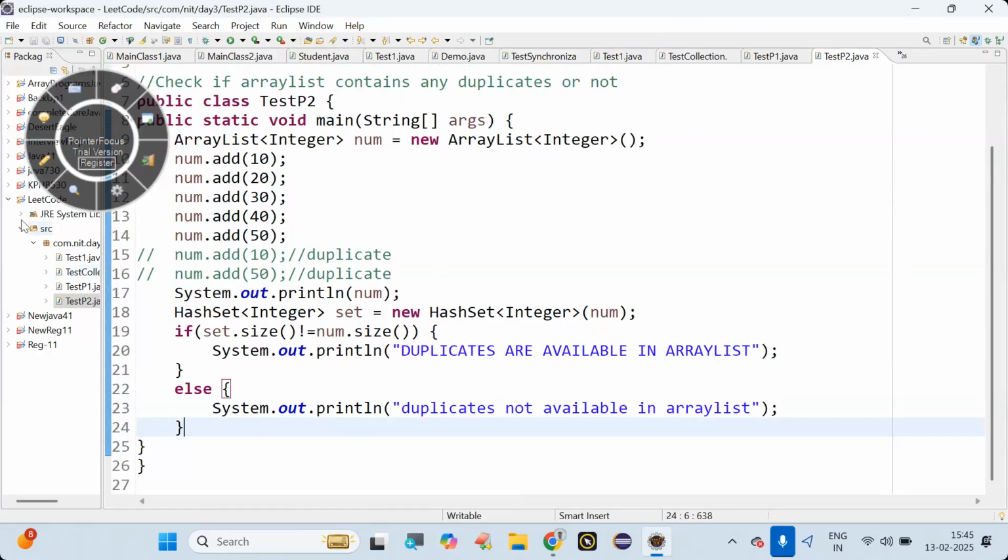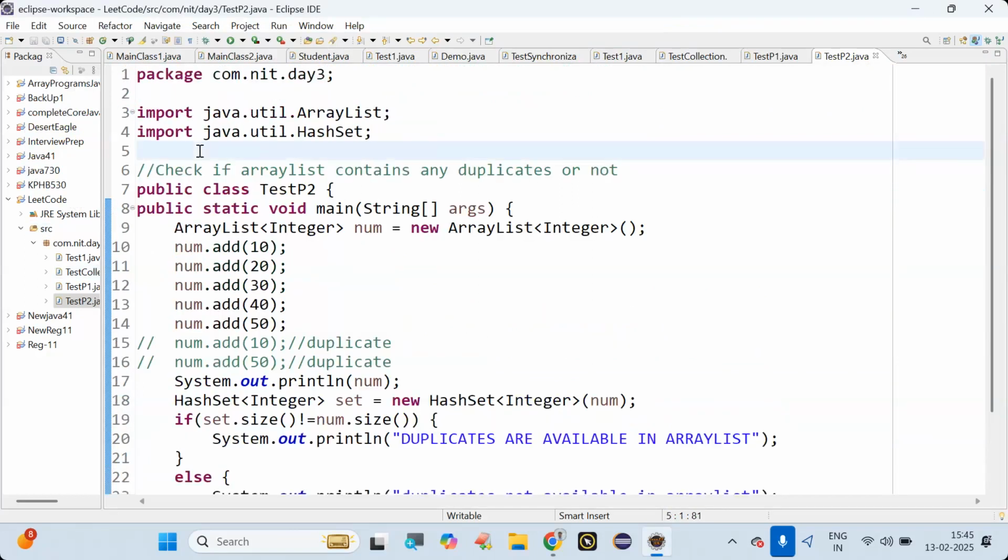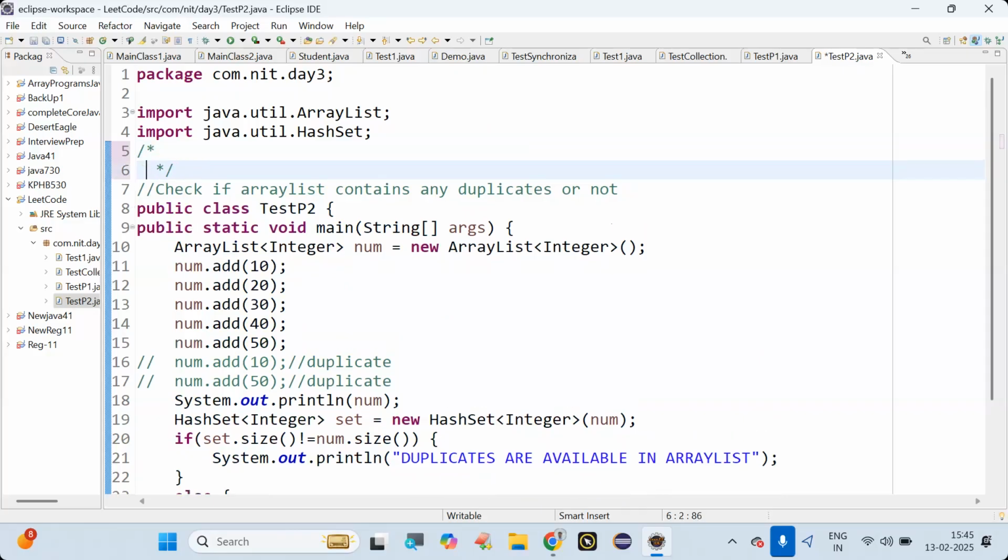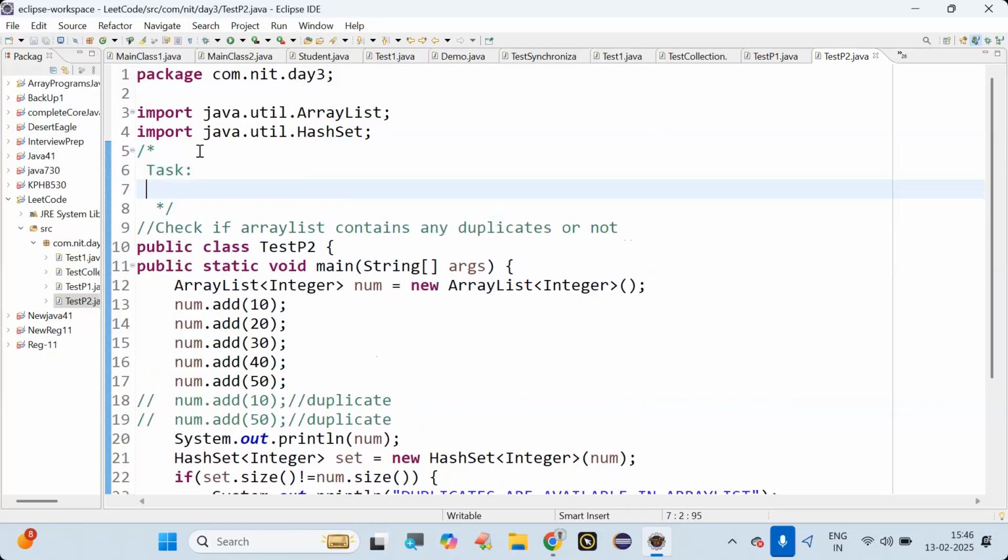First, what you have to do is today's task, homework. I hope you guys are doing the homework. Task: practice, let's say, practice the methods of collection